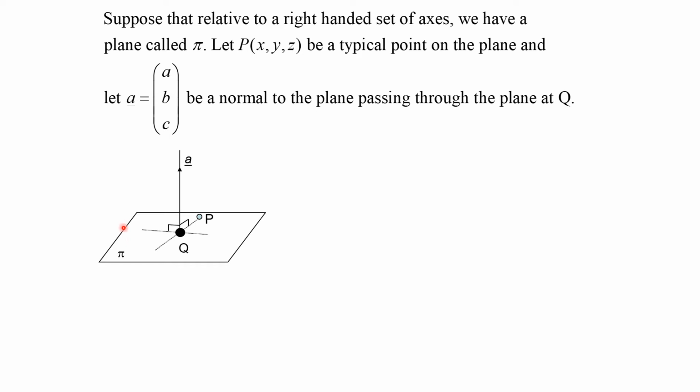And let vector A be (a, b, c) in component form, and this vector is normal to the plane. As you can see, the vector A is normal to the line QP. So therefore, QP is perpendicular to vector A, or vector A is actually perpendicular to QP. Same either way because they are 90 degrees apart. So QP is written as